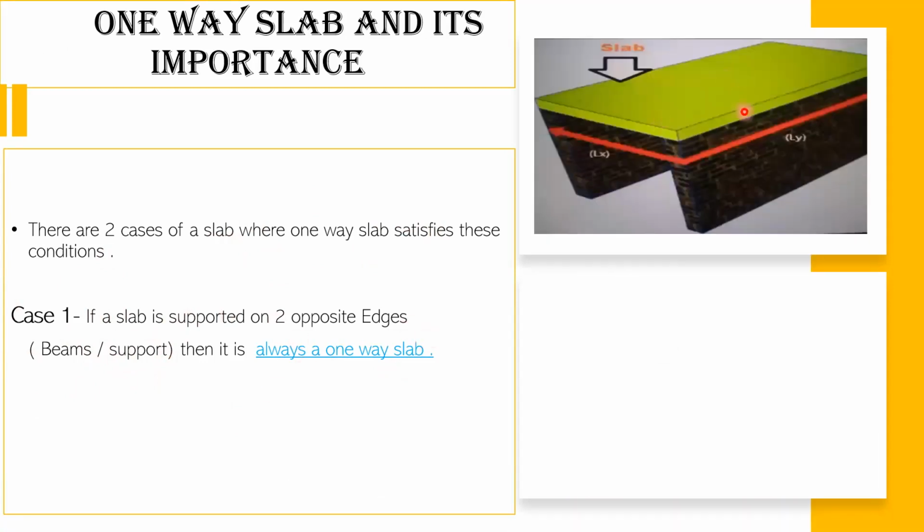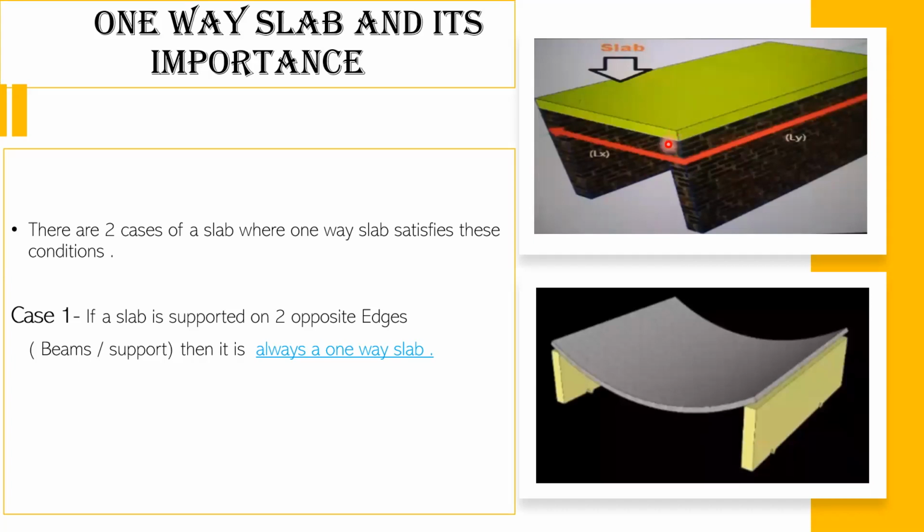You can see it here. There's a brick wall here, and there's a brick wall here, and over this I have supported this slab. So this slab is going to bend in this way, right? Whereas on this side there's no bending because this brickwork is stopping it from bending. That is why we call this as a one-way slab. Again, it's the same thing we saw in the previous slide. Again, with these two supports, the bending is happening in this direction. So that is why we call this as a one-way slab.